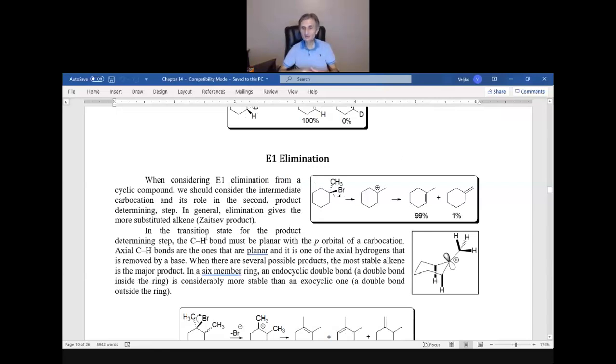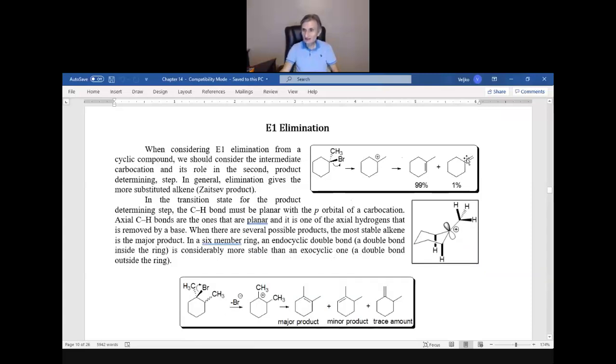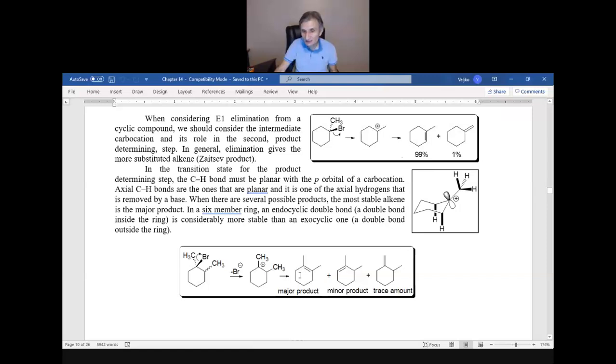E1 eliminations are much simpler in cyclic compounds. E1 elimination in a cyclic compound proceeds in such a way that the most substituted double bond is formed. That double bond is always in the ring, because a double bond that is outside the ring, we call that an exocyclic double bond. Inside the ring, endocyclic. An exocyclic double bond is very unstable. This is a very unstable compound. In organic 2, you will learn how to make these. They are actually really difficult to make. We have a reaction called the Wittig reaction that makes them in very good yield. But bonds inside the ring are generally preferred, and among those bonds, the most substituted double bond is the one